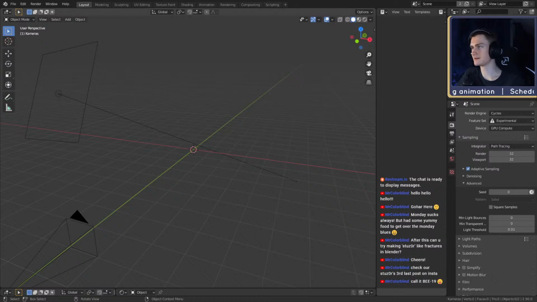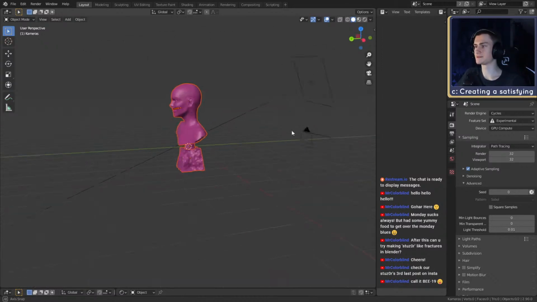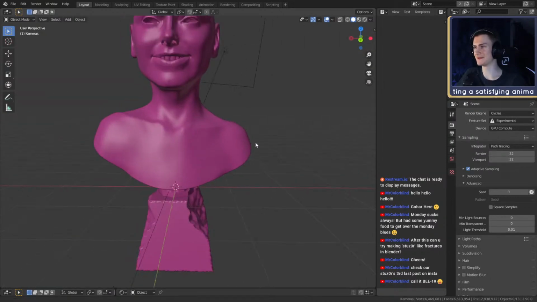Okay, it is month 10 of 2019. There it is. This one. Retopo, do we need the, I guess. There it is. Oh, it's like rotated.